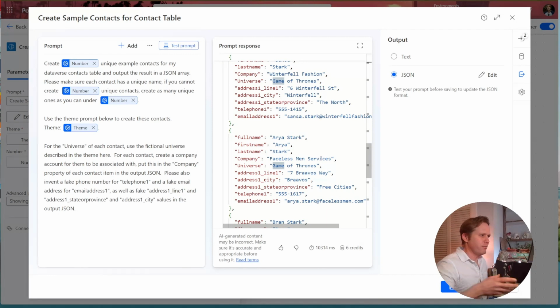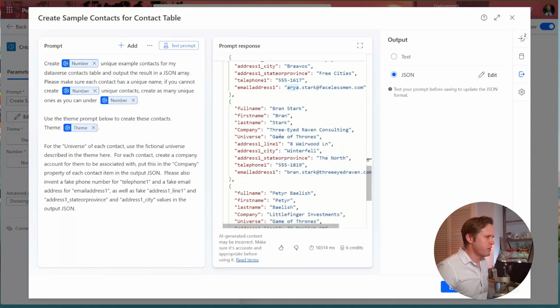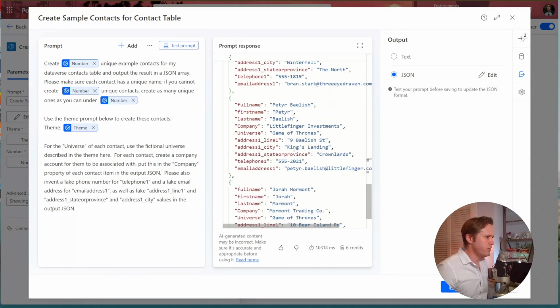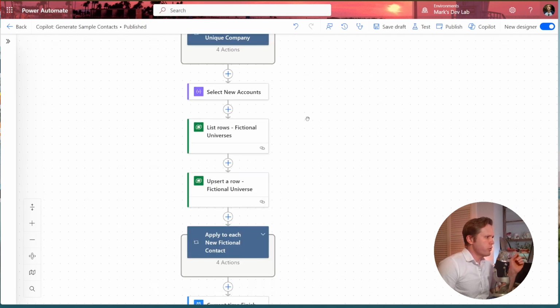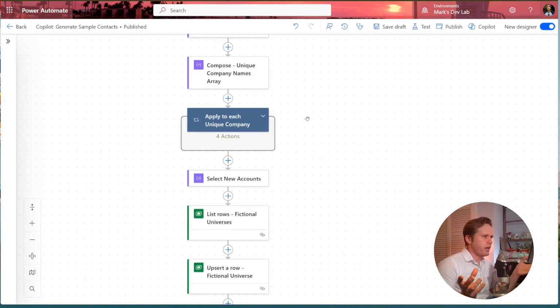So you get an idea of how well the neural network has been trained here, because it knows that Arya joins that cult towards the end of the series where they wear the masks and they become faceless people or whatever. Bronn Stark, Three-Eyed Raven Consulting. So that's how we generate our sample contacts, and we get it output in a structured JSON array. So for the rest of the flow, we're going to have to create those contacts and link them to